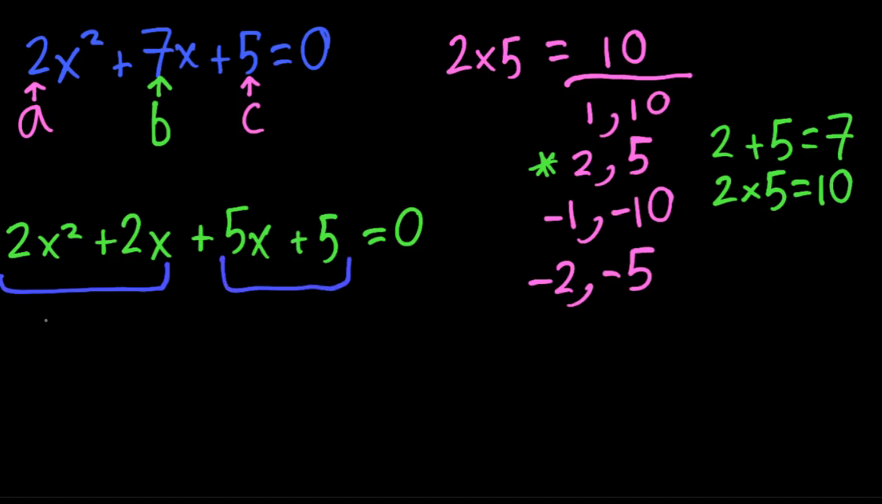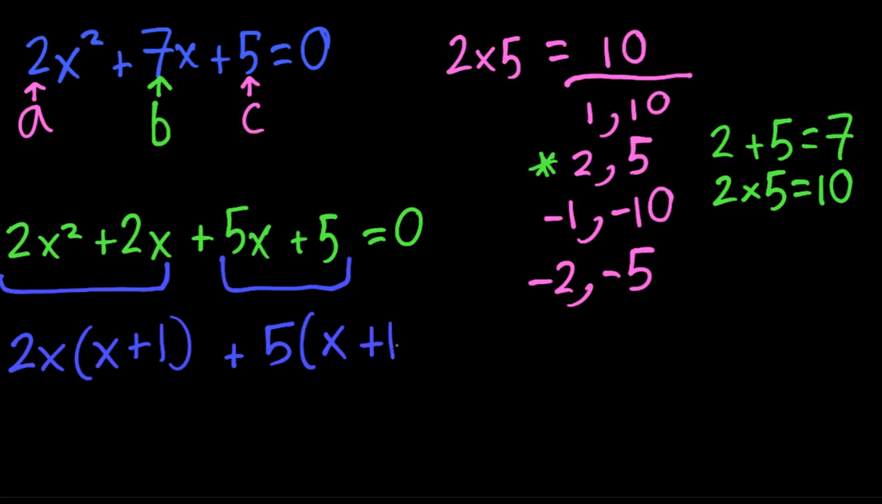So let's factorize the first group. The highest common factor is 2x, and then we will get x plus 1. And then for the second group, we will get the highest common factor, which is 5. And then inside the brackets, we'll get x plus 1. And notice here that we have a similar